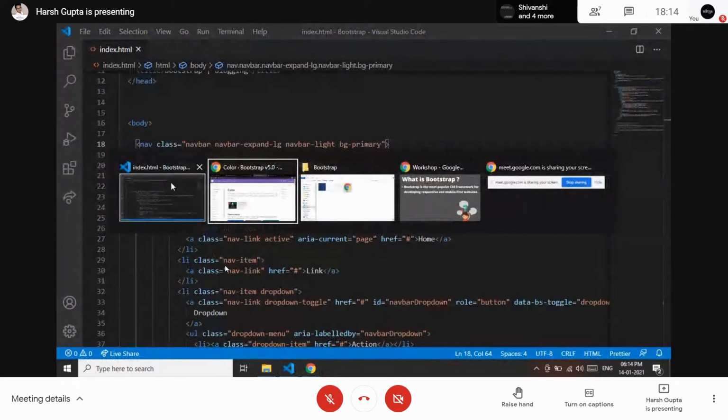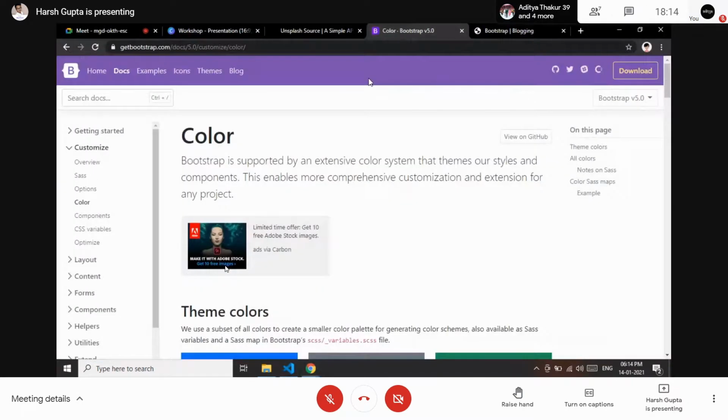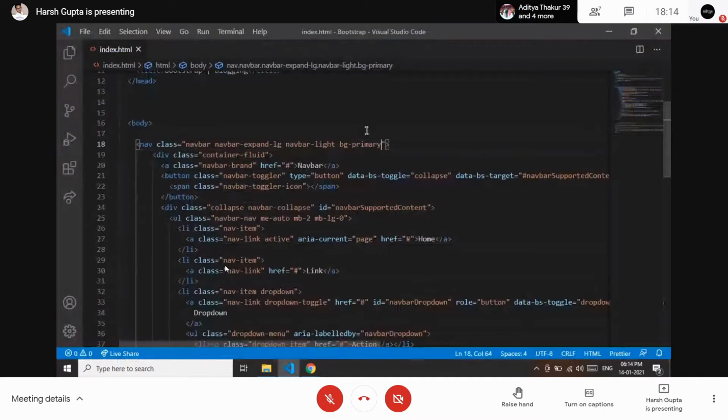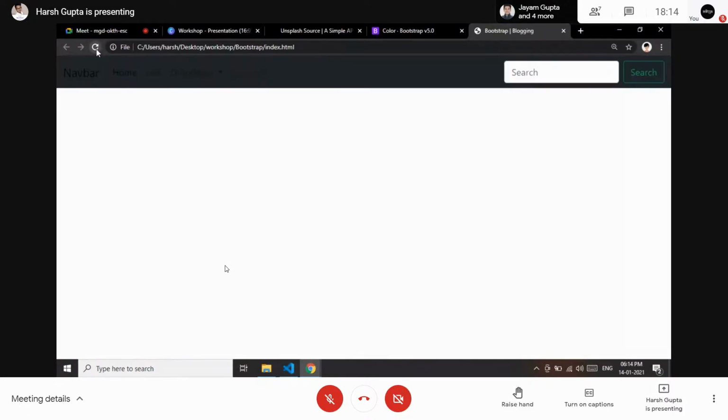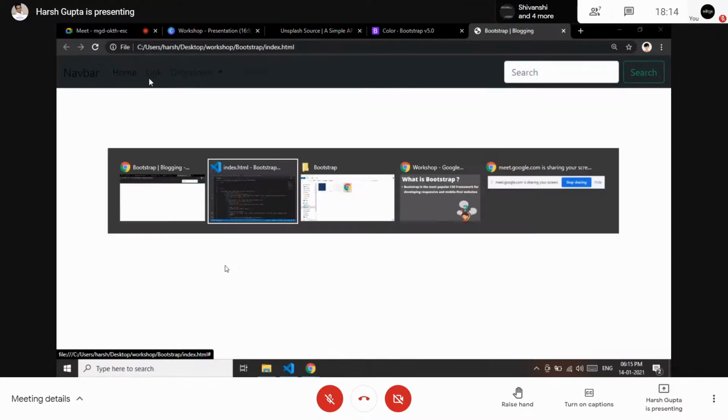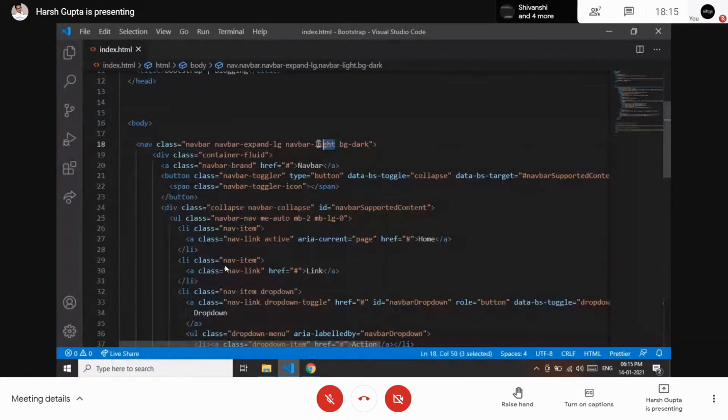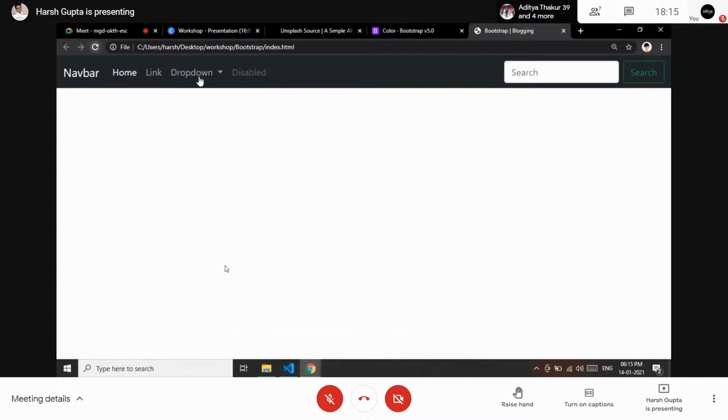So let's say I want to make it darker. This blue is not looking good, so I want to make it dark. So I made it dark. Saving this and again refreshing it, it is dark, but the text on the navbar is also showing dark. So I need to make it light. So how can I do that? I just need to write dark here. Save this again and then refresh this. So now it is showing nav home link, and this is a drop down menu which came from Bootstrap itself, the template, and you can search anything from here.